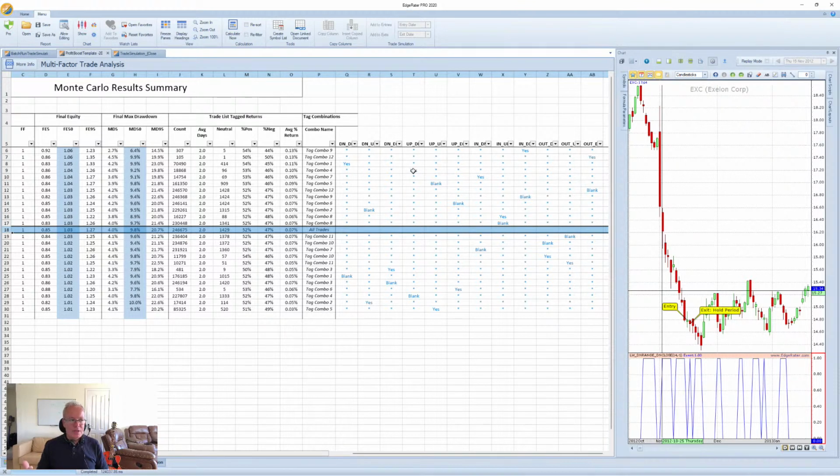So down closes, there's a theme there: down closes tend to be better the following day. The next one happens to be the in-range down close, following the same theme. And then after that, we are on